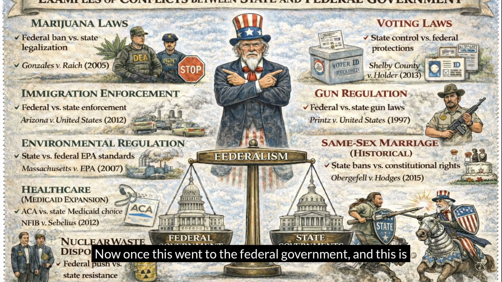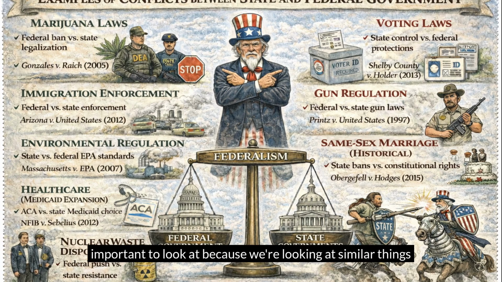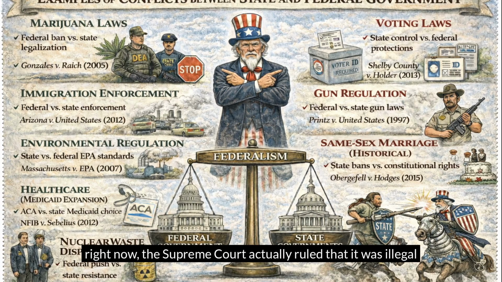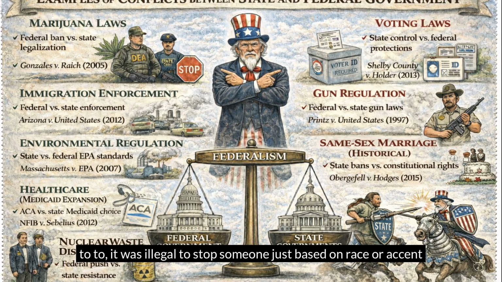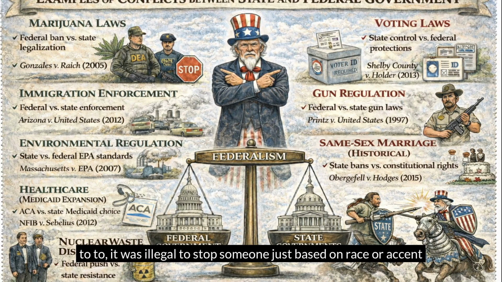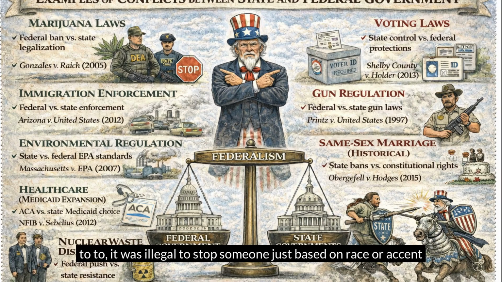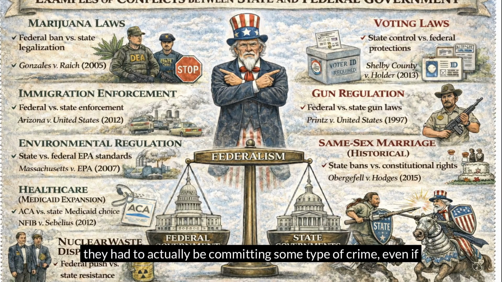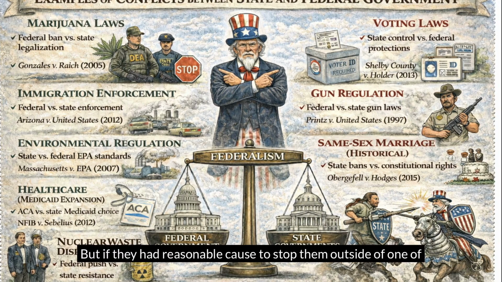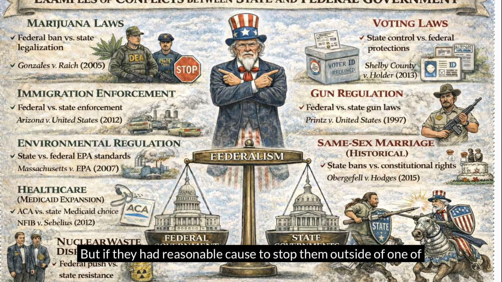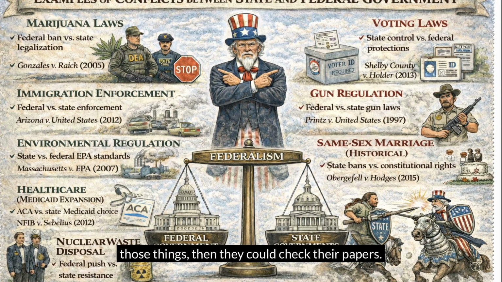Now, once this went to the federal government, and this is important to look at because we're looking at similar things right now, the Supreme Court actually ruled that it was illegal to stop someone just based on race or accent or job or something like that. They had to actually be committing some type of crime, even if that be a traffic infraction. But if they had reasonable cause to stop them outside of one of those things, then they could check their